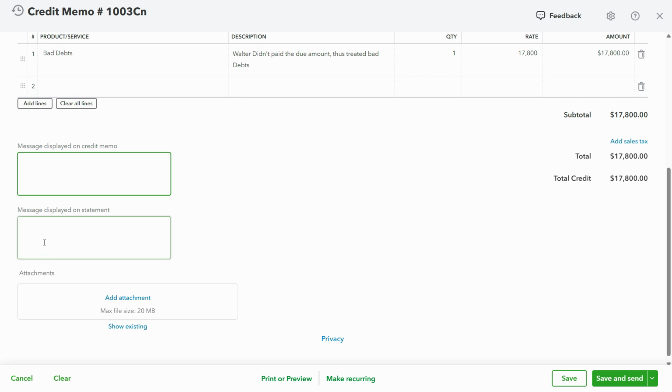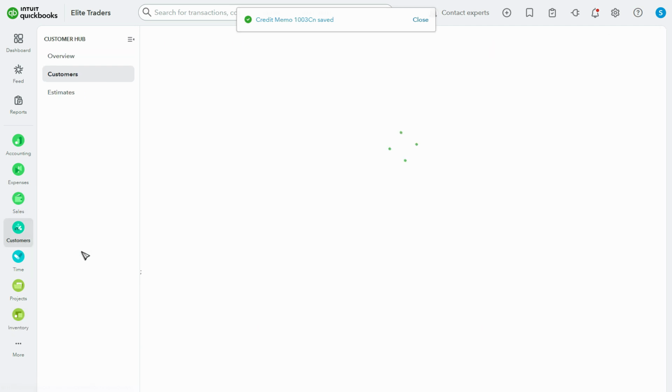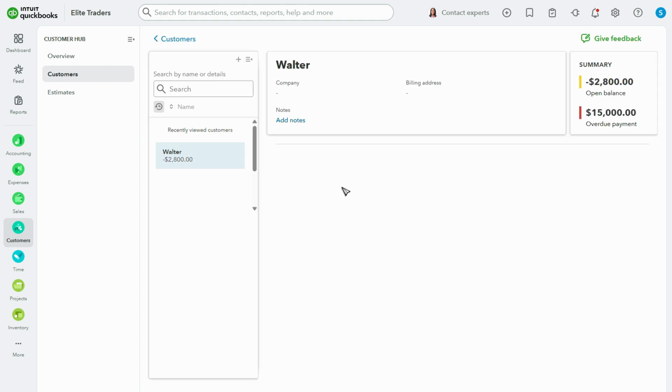credit memo. If you want to write any kind of description, message displayed on the statement, you can mention all of this. Now just save this, or you can just click on this arrow sign and click on save and close. If we now go to the customer section and click on the customer and select that specific customer, Walter,